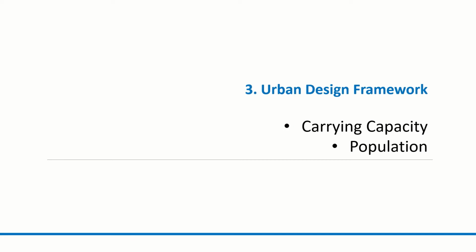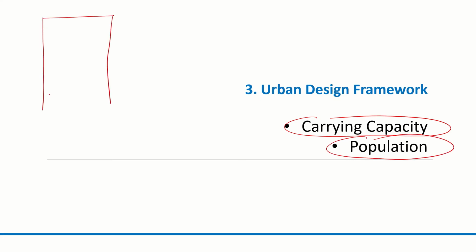Basically, I would look at this in two ways. We need to have a very good understanding of two components to approach this. Let's say one is the carrying capacity and the population. Let us say we have a big town and it is 17 square kilometers. Can we address this as a 17 square kilometer design exercise? No, it is not possible, right? It is too big for us to handle.